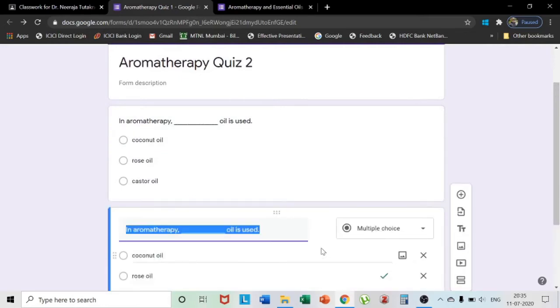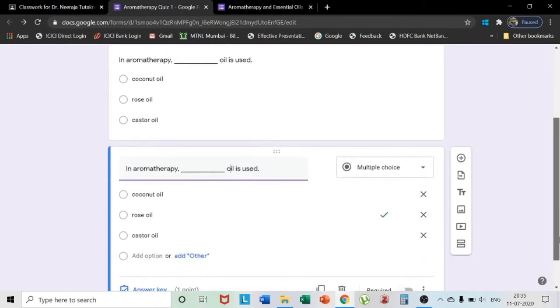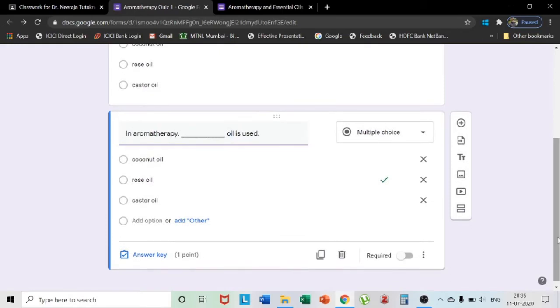You can copy it and a new question is created. A similar kind of question I can ask. I'm just copy pasting it. I'm not asking some other question, just changing the options. So here I will give sandalwood oil, rose oil and patchouli oil.